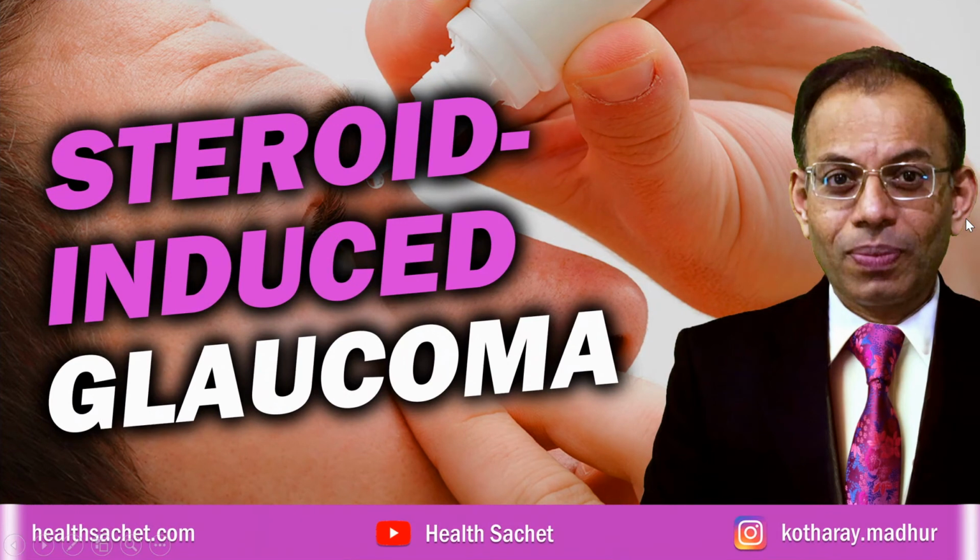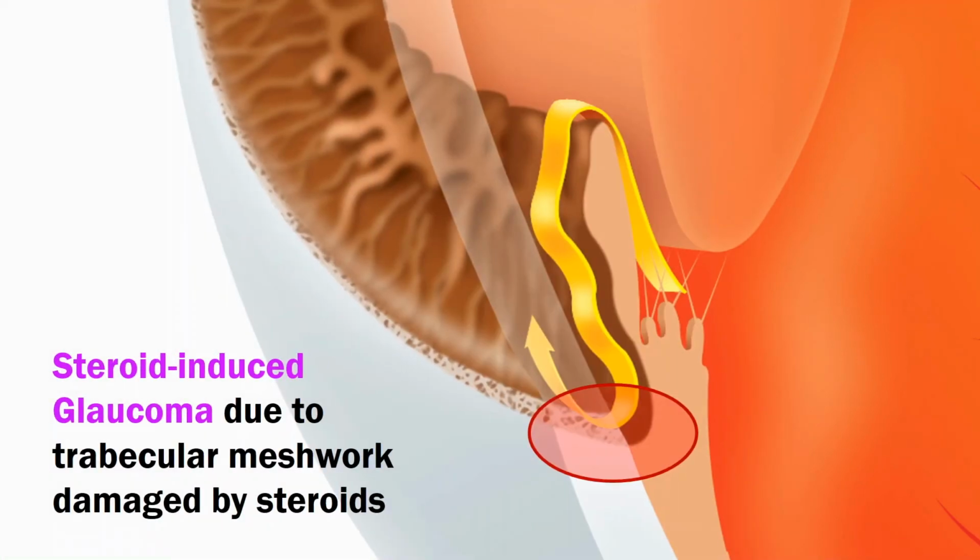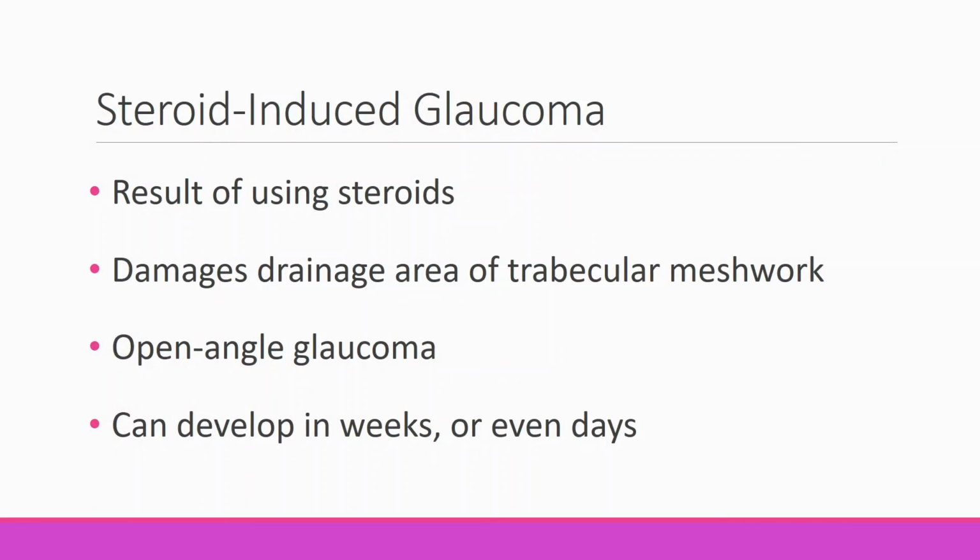The third type of glaucoma often associated with diabetes is steroid-induced glaucoma. In diabetes, as we discussed just now about neovascular glaucoma, patients often develop something called diabetic retinopathy, in which the high blood sugar causes the vessels in the retina to leak fluid or blood. One treatment for this is the use of steroids. However, in some patients, these steroids can damage the delicate trabecular meshwork cells, clogging the drainage. This leads to an open-angle glaucoma named steroid-induced glaucoma.